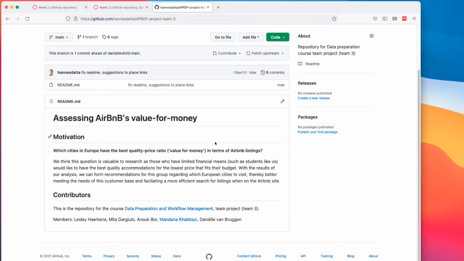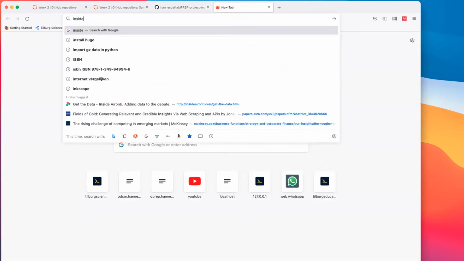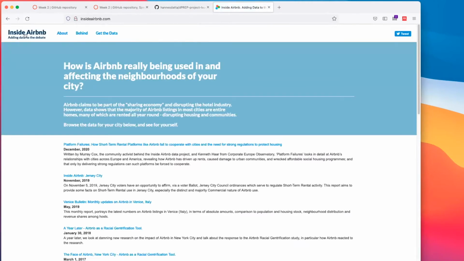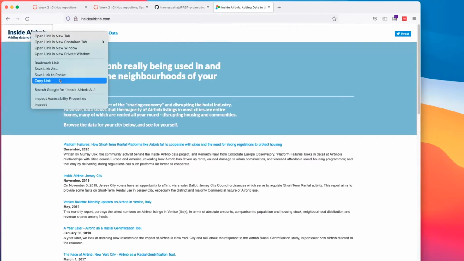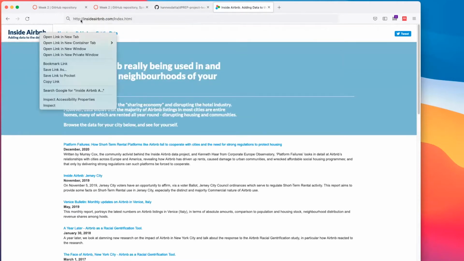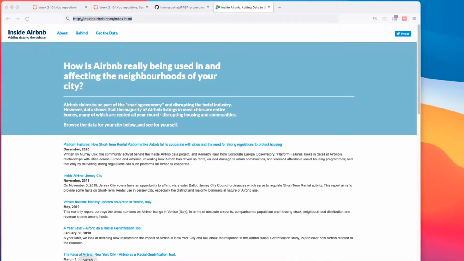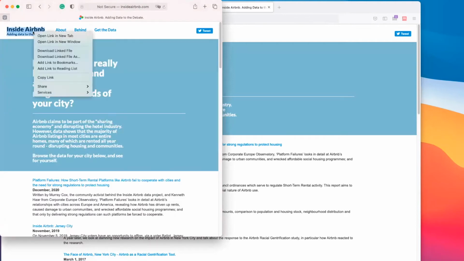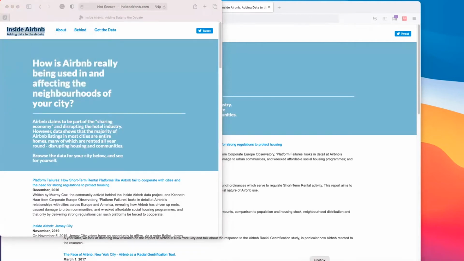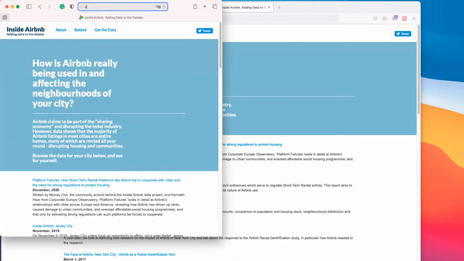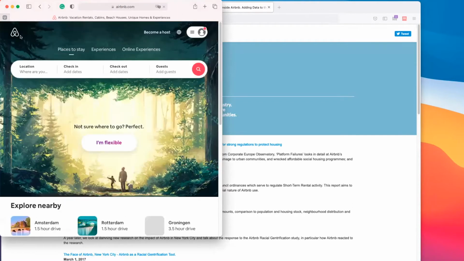Something else that you could do is you could include images. So inside Airbnb has probably an image to it. Copy link. Is that the link to the image? No, it's not. Let me go to a different browser where it's easier to copy the image URL. That's the last thing I want to show for this repository. Right click. Well, this was Safari already. Do we have it here? Oh, maybe I can't. Maybe I can't capture the Airbnb logo.